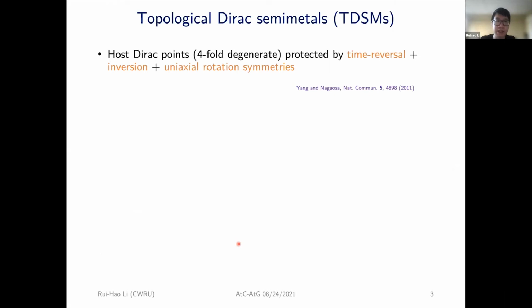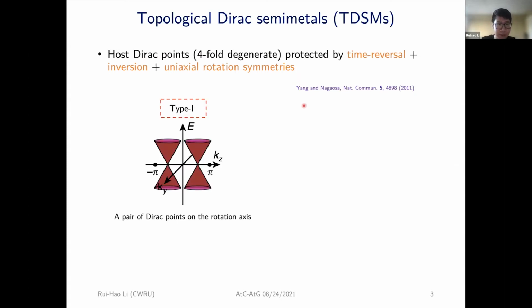So I'll start by giving a very brief introduction to topological Dirac semimetals, or TDSMs. These are 3D materials which host Dirac points in their bulk. The Dirac points are fourfold degenerate band touching points protected by time reversal, inversion, and uniaxial rotation symmetries, typically along the z-axis. Based on this reference by Yang and Nagaosa, these TDSMs can be broadly classified into